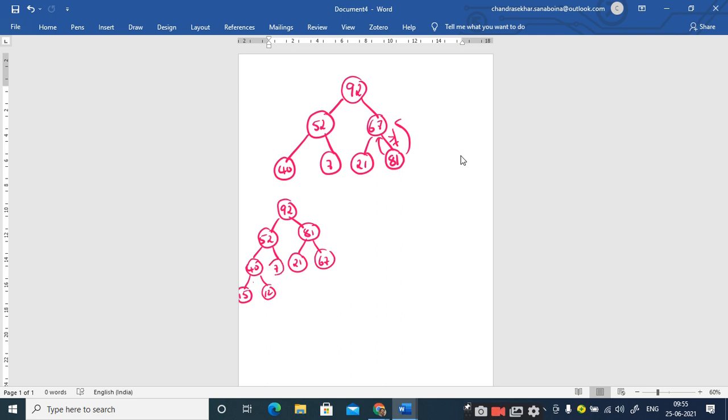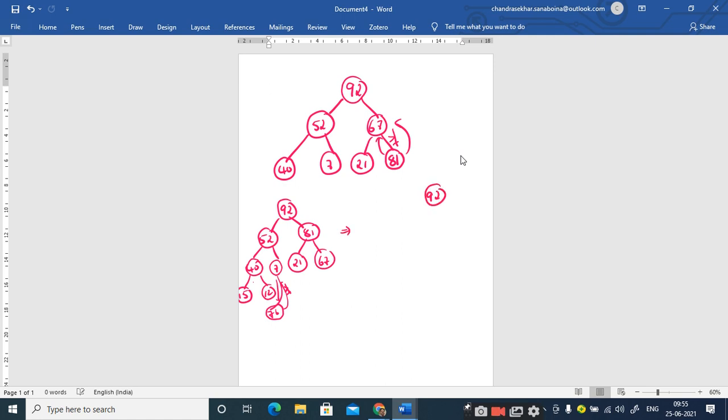Right. So where should I place 76? As the left child of 7. Don't write it like this, because you should not write like that. Here it is not satisfying the heap property. The root node is not greater than or equal to the child node. So you should swap this 76 and 7. After swapping, let me draw it neatly.